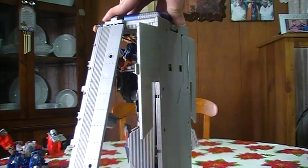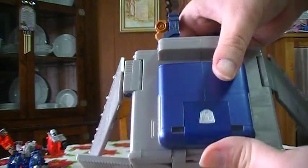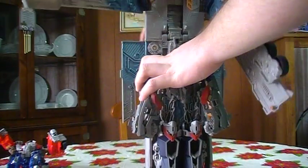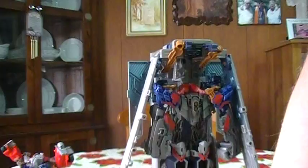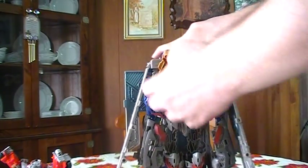Okay. Then you want to come up here, grab this whole section up here, and it's not pegged into anything down here, so you just force this up. It can be a bit tricky to do, and I should probably raise the tripod up just a little more so you can actually see what I'm doing. You want to take this whole section